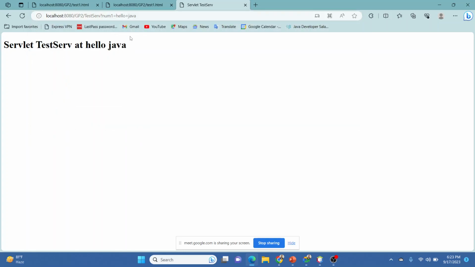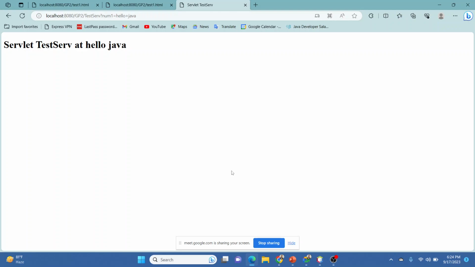Whatever we are writing in that text box is completely open in the URL pattern, as it is thrown to the server side, so it can be easily accessed. The get method is used for Google, where you search for a thing, or where security of data is not important.